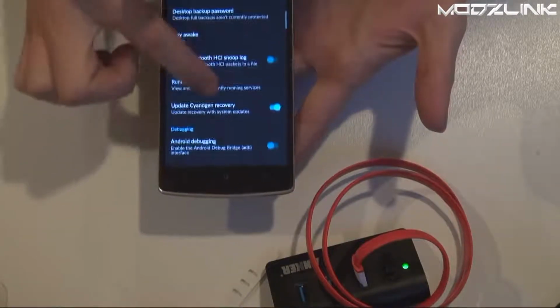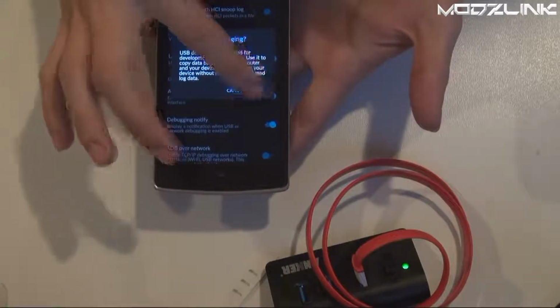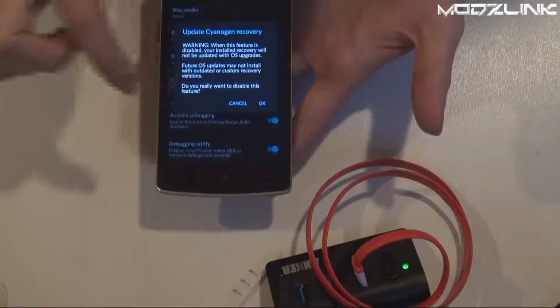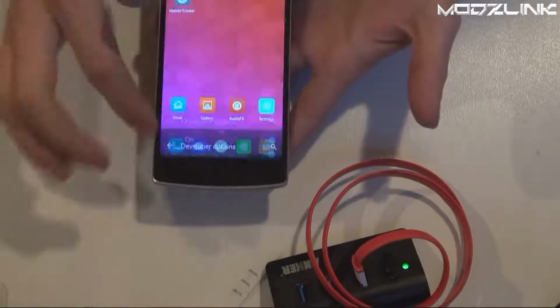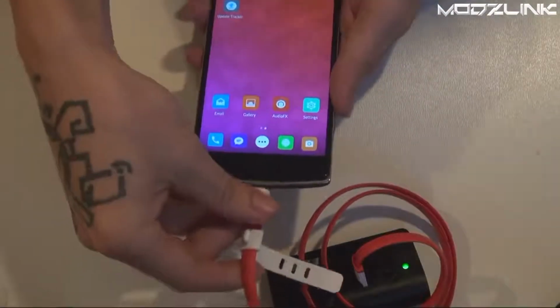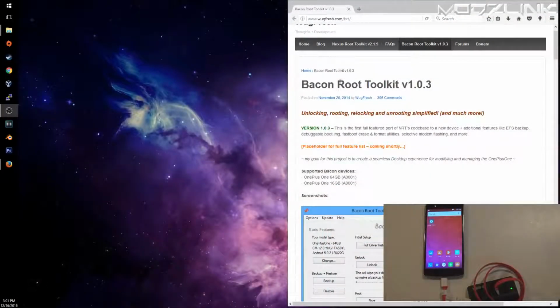Scroll down to where it says Android debugging, and this one here that says update Cyanogen recovery, make sure you uncheck that one. Now you can go ahead and plug your phone in to your computer. Now over on your computer here, you will need to download the Bacon Root Toolkit,